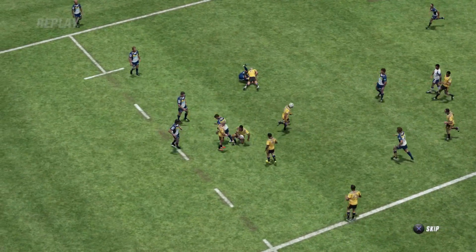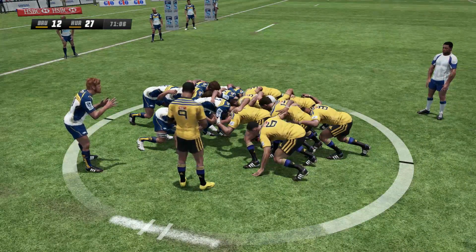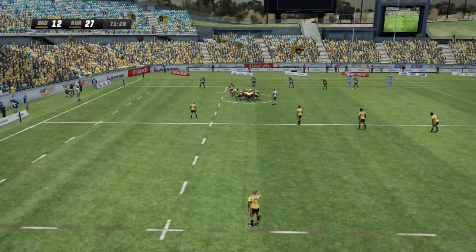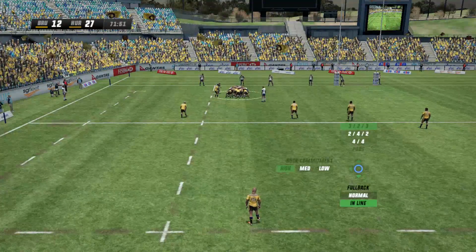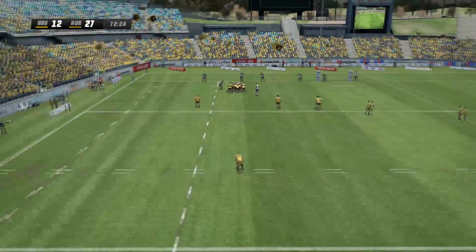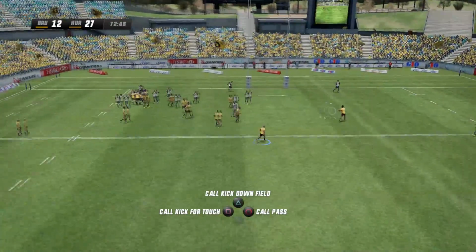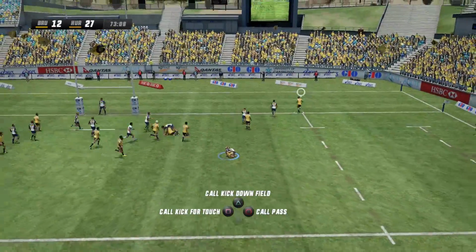Big tackle from Harry Ross. Crouch. And how quickly this game has gone from 10 metres out of the Hurricanes line. Now it is just 10 metres out from the Brumbies line. Nicholls holding dead here. Who's going to win the scrum? It does come back to Perenara. He goes to Marshall, cuts one out, goes to Usso, back to Nicholls, pops it up, and that is an